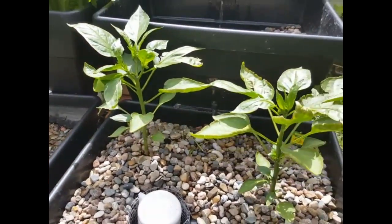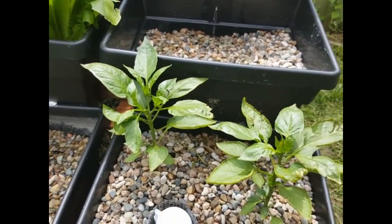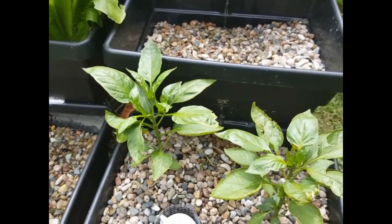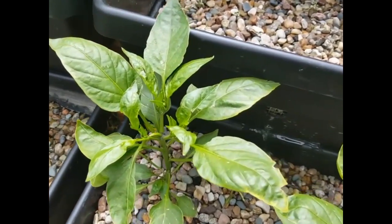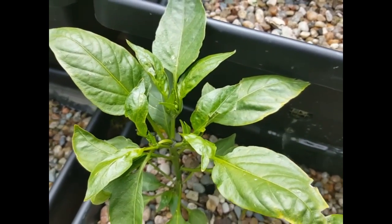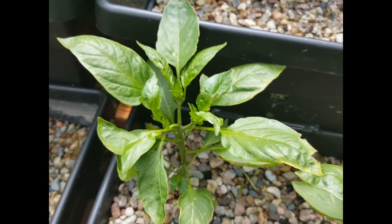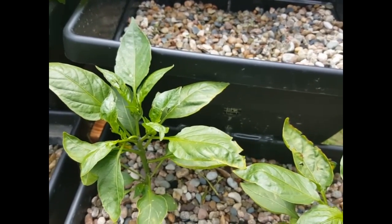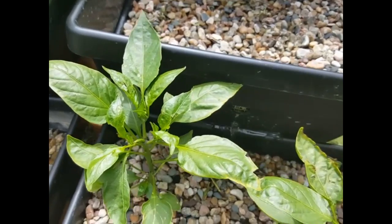Even our bell peppers are doing very, very well. I had one bud that was working, one little bell pepper, and either I lost it during the hailstorm by some freak hail, you can see just the end of the stem there, or somebody jumped up here and ate it. I gotta keep an eye out for that. We do have squirrels, we do have other critters that run around my backyard, so I have to really keep an